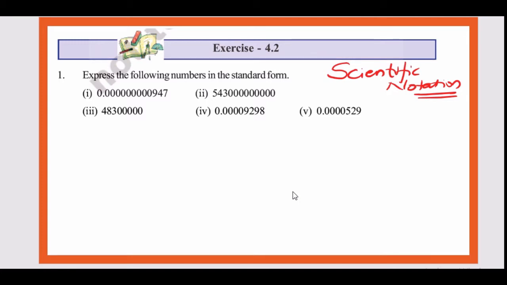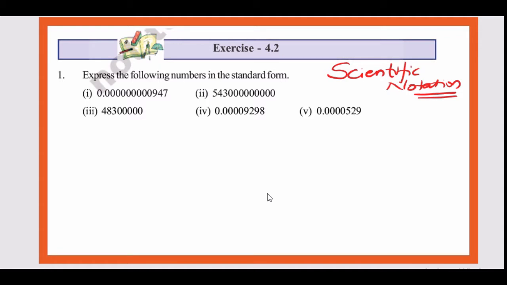If you want to represent a number which is very large, counting the number of zeros becomes very difficult just by looking at the number, right? If it is written in scientific notation or standard form, so here in this text we call it standard form, whereas in physics and chemistry we call it scientific notation, then by looking at the notation itself you can understand how many zeros are present, or how many zeros are there after the decimal point.